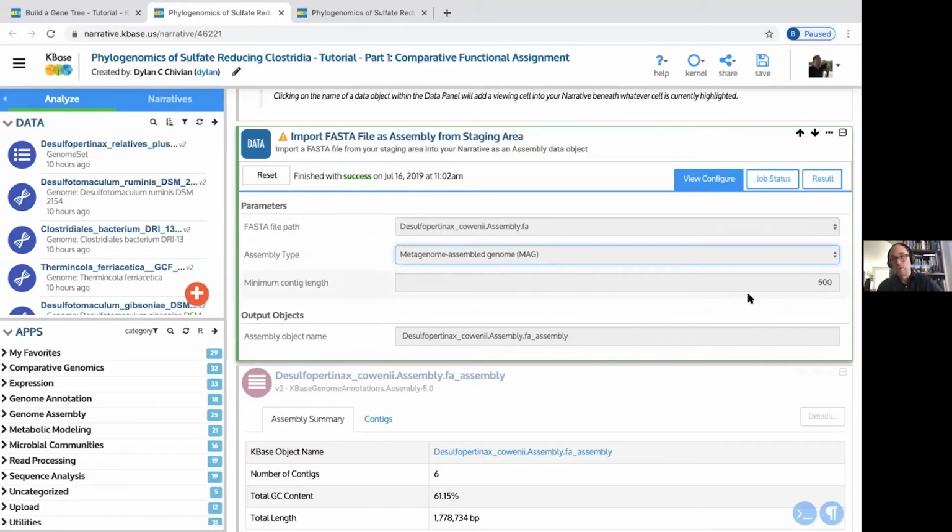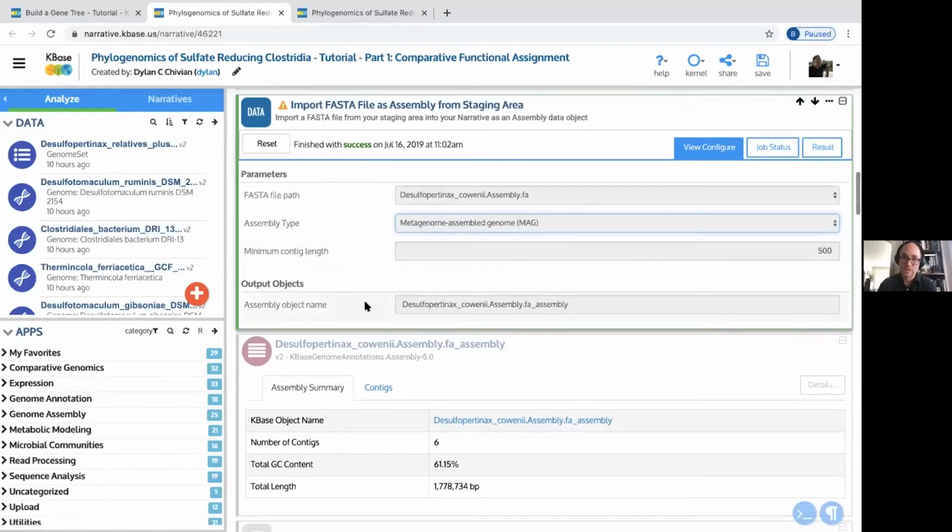And so 500 is just on the edge of a normal protein size of a smaller one. So this helps us remove the long tail of short contigs. And so, all right, so we have this assembly, and this represents the contig sequences,